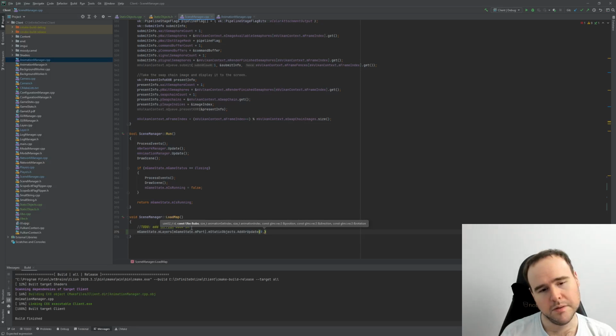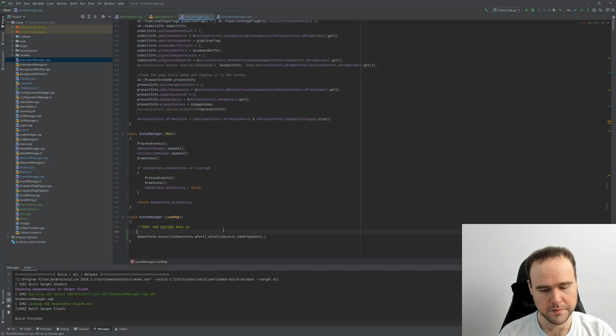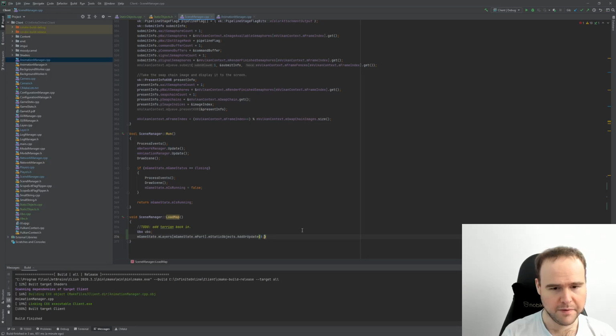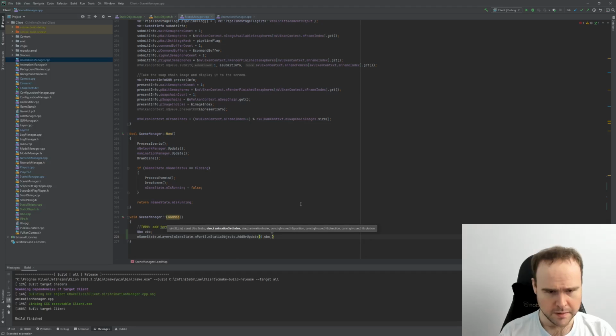Interesting. So let's do a new one. I am going to need to modify that though, so we get the scaling properly. Animation set is actually 1 because the cube is 0. Animation index is 0. Position, we'll say GLM